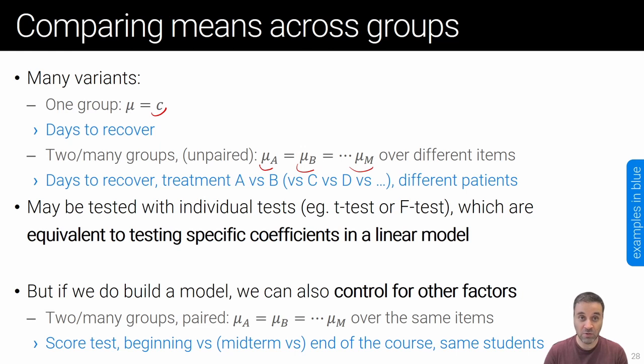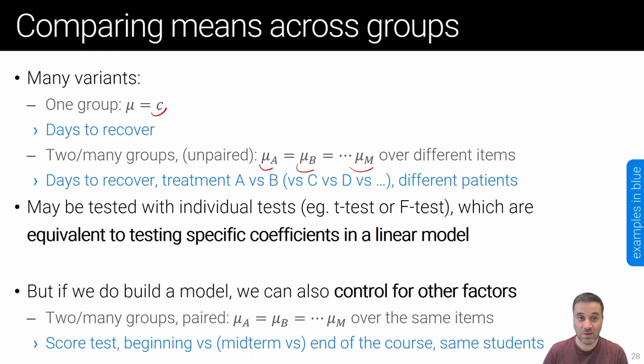So now we are going to test all of this. And what we're going to see is that those tests across groups are equivalent to testing very specific coefficients in a linear model. So if we do build a linear model, again, we're going to be able to control for